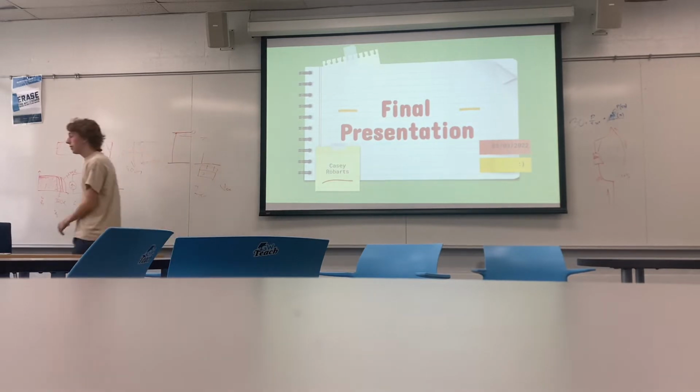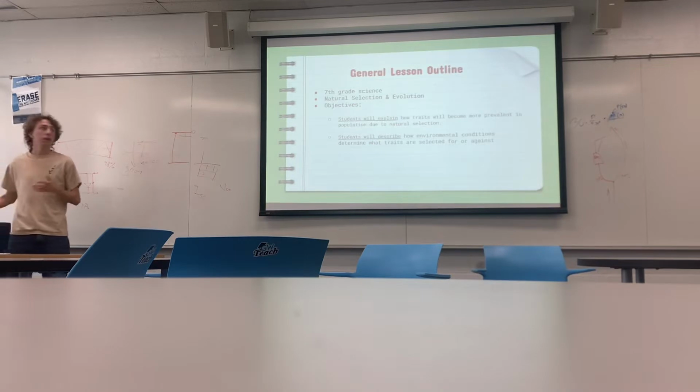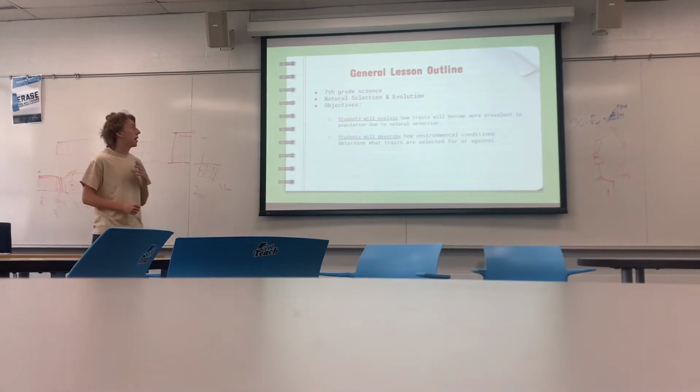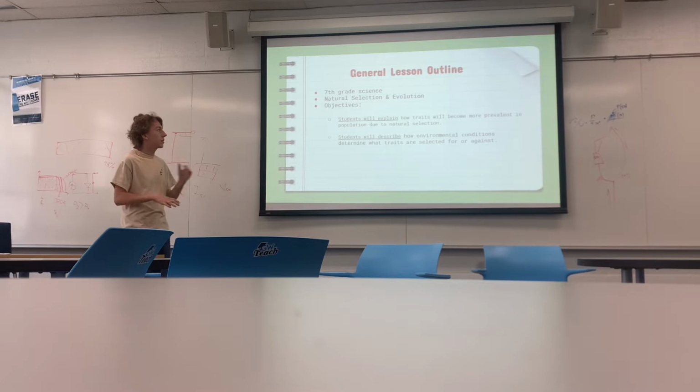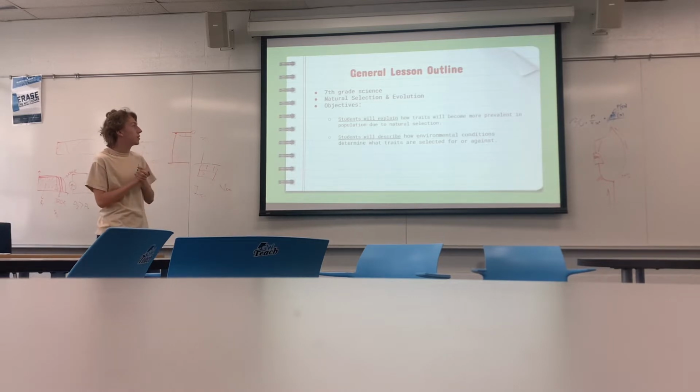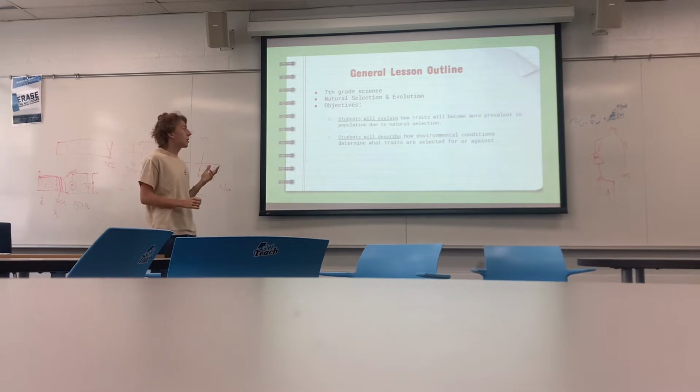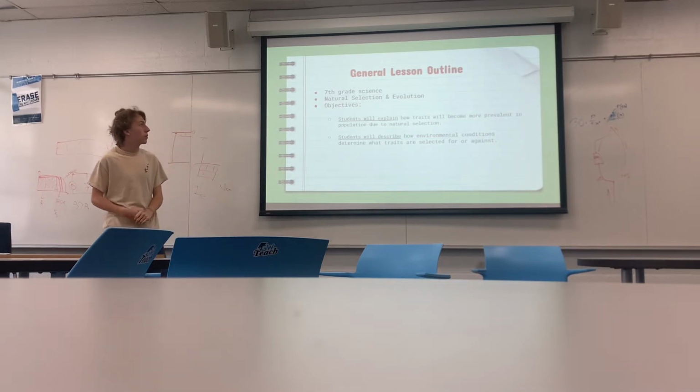So the final lesson plan that I did was changing up my third Teach lesson plan for a virtual synchronous lesson, and this would be for 7th grade science. The topic would be natural selection and evolution, and the objectives are students will explain how traits will become more prevalent in a population due to natural selection, and students will describe how environmental conditions determine what traits are selected